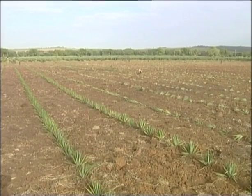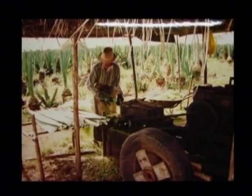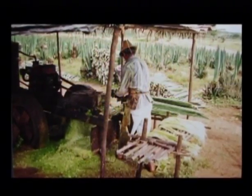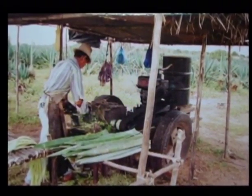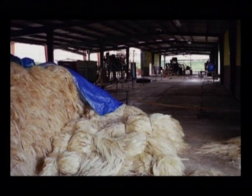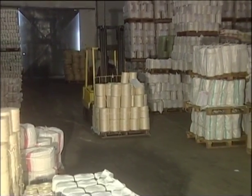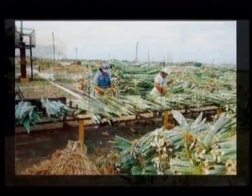Brazil is the largest producer of sisal fiber. Here, the plant is grown by small-scale farmers and the leaves are processed manually through a small machine known as a raspador. The dried fiber is sold to merchants and ultimately brushed and baled. Unlike in East Africa, where most fiber produced is exported, the majority of fiber produced in South America is consumed